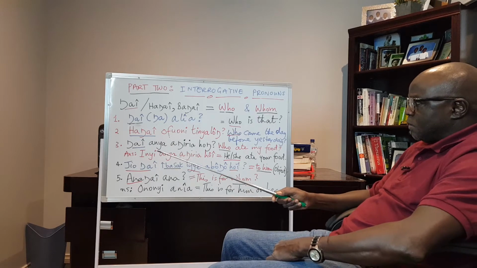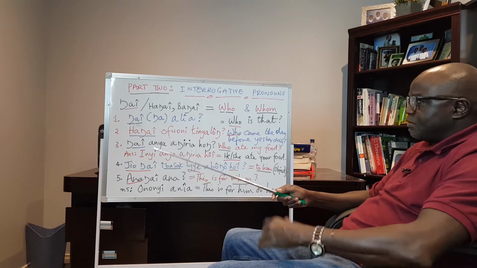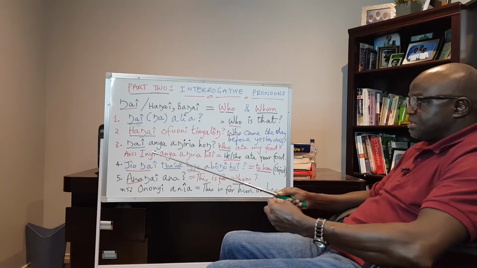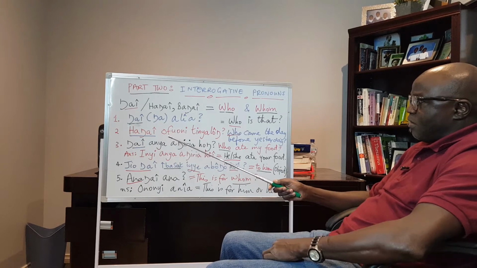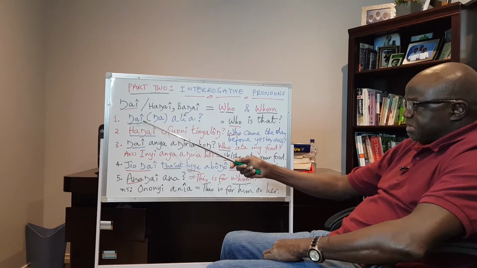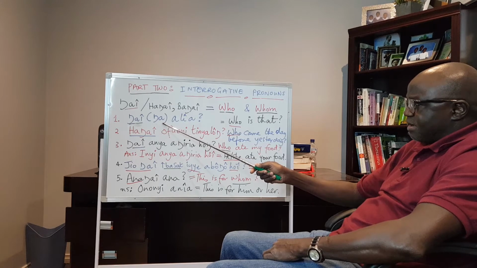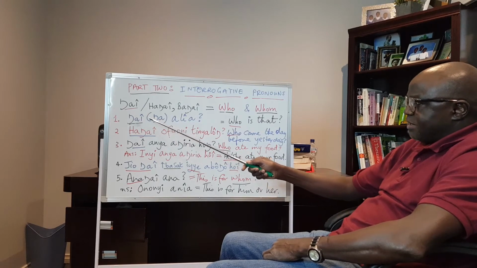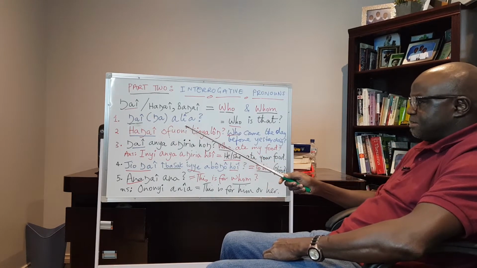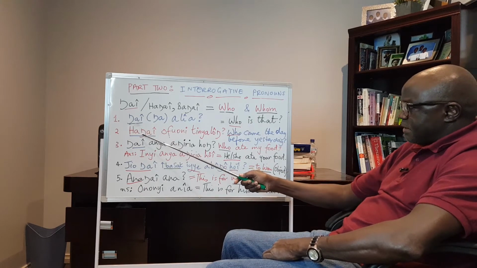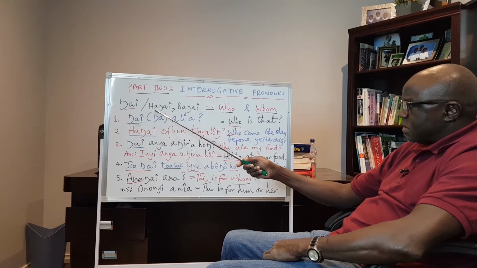Sometimes, like in English, Otuho people can use what is called elision. Elision is the omission of a phoneme. Like this I here. When we omit this I here, then we have nga. So you can use this one as well to ask a question. We omit the I, and now we use just this shorter form, which means the same, who is that?